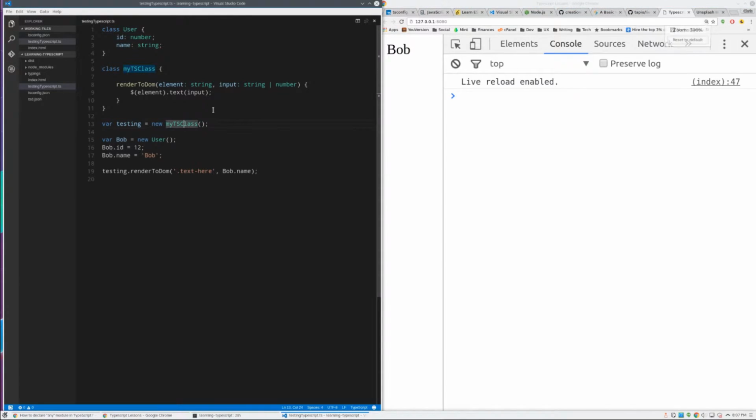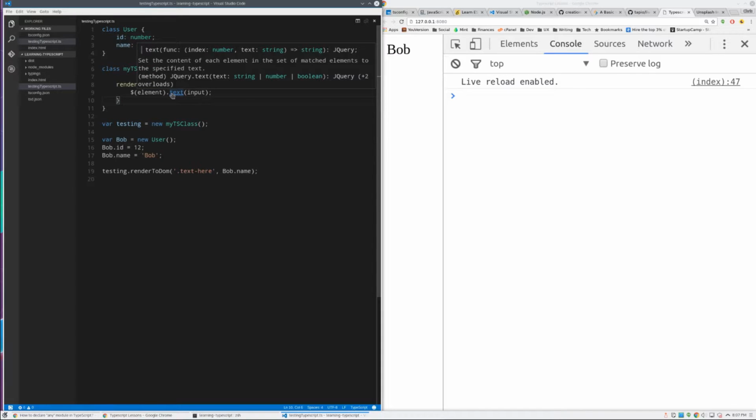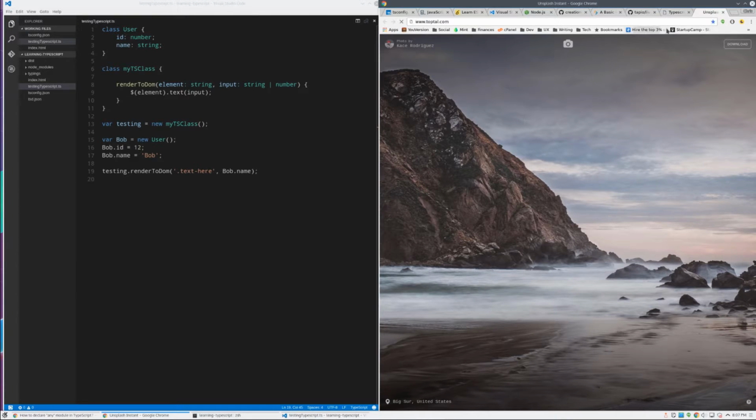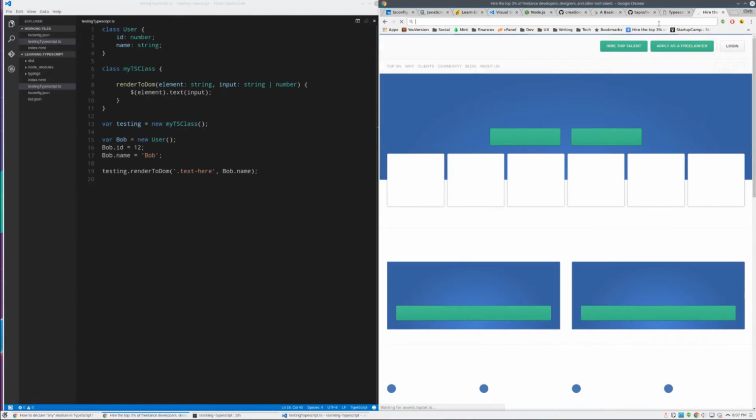So that's actually really cool because I am able to get a lot of the functionality from knowing that this is what this method does on jQuery and this is what it's expecting. And that's going to prevent me from making stupid mistakes in my code. And it's also going to keep me informed. I'm not going to have to go all over the place and look up jQuery's, if I want to see, okay, jQuery.text,